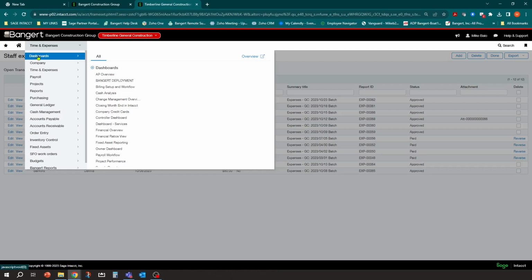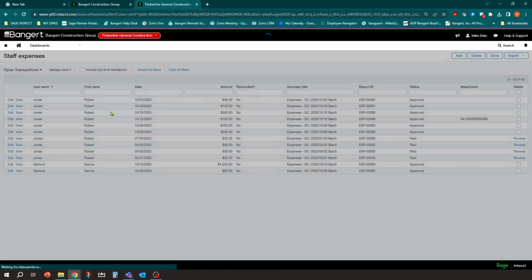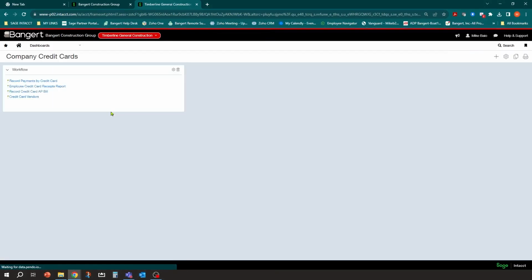So I created a dashboard here called Company Credit Cards. And if I click on that, this is very simple right now. I think what I would do is expand it, maybe put a graph here showing charges by employees to date with a total. You can get fancy inside here, but right now I just started this one up here.